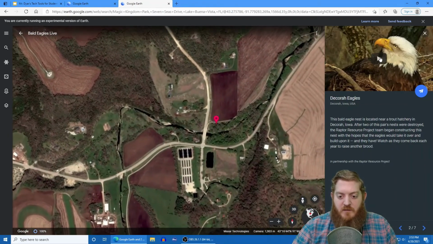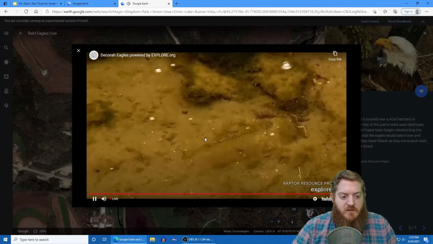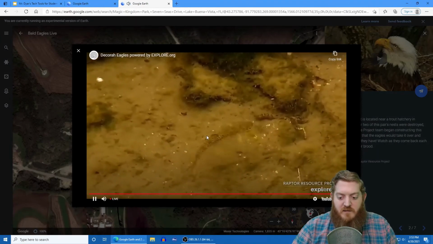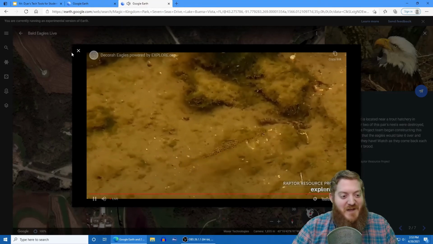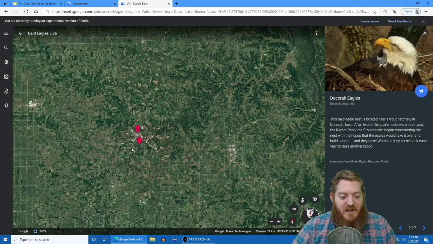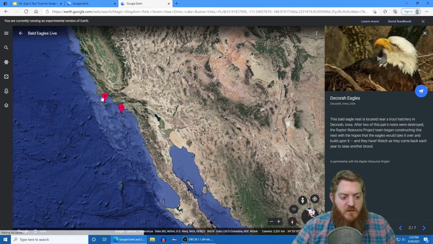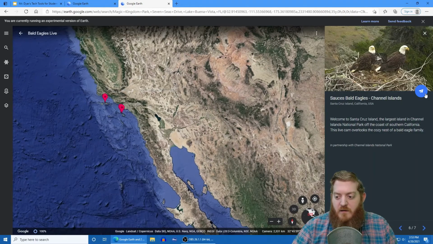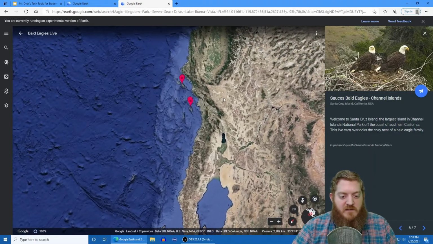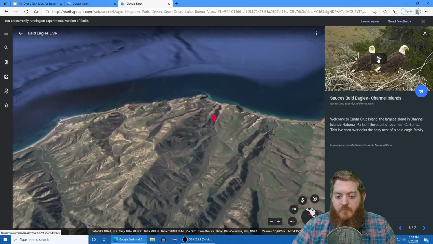Zooming in. All right, so now we can see where it is on the map, and let's go ahead and click play. So this live link looks like, I'm assuming the eagles might be out of the nest, so they're showcasing something that's close by. Let's zoom out one more time and find one of those other locales. Oh, there's actually quite a bit out here. Looks like there's more like 6 or 7 points out here maybe. So we'll zoom in and click play.